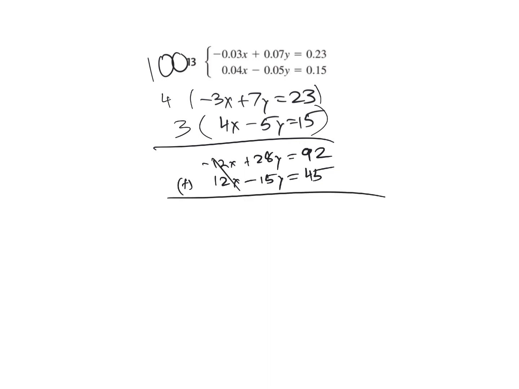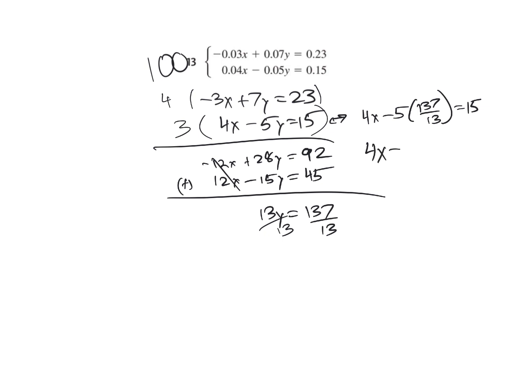X's cancel out, and we have 13y equals 137. So divide by 13, and that's your y value. Okay, so let's plug it in for y. Let's just use the bottom one here. Doesn't matter which one you use. 4x minus 5 times y, 137/13, equals 15. 4x minus 500,